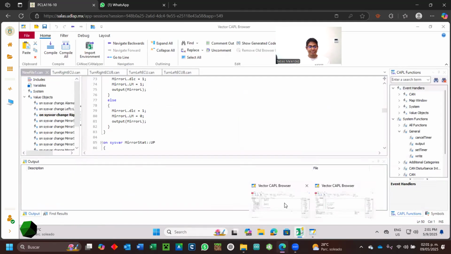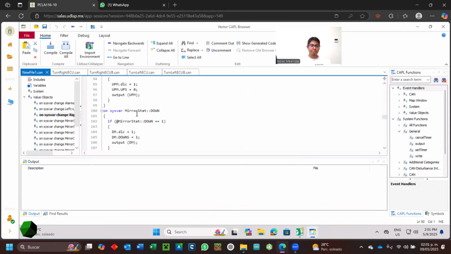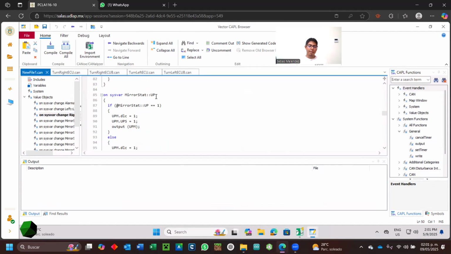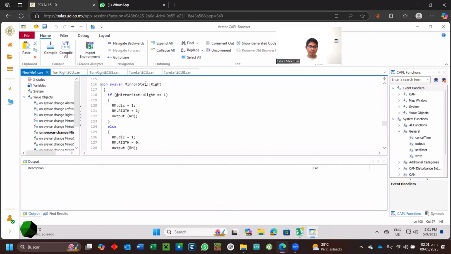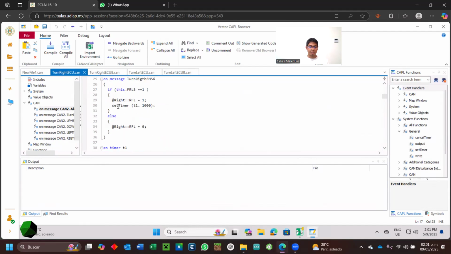We are showing the CAPL code. In this, the main control is reading the sys bar up, and we are sending the message on UPM, that is in our database, and the same is for down, right, and left. The corresponding ECUs are listening to this message,